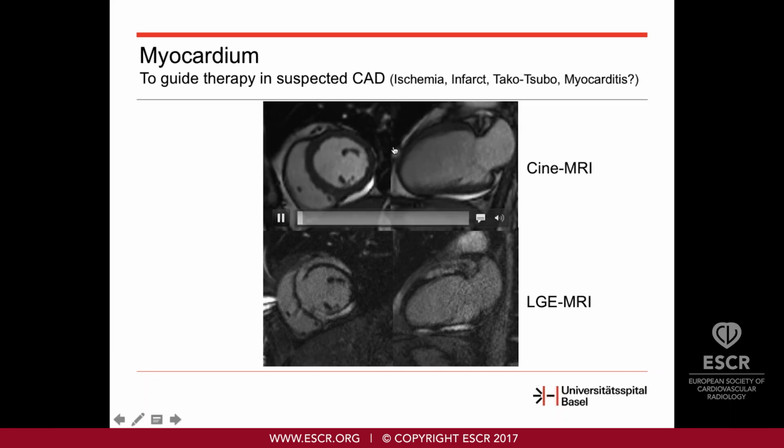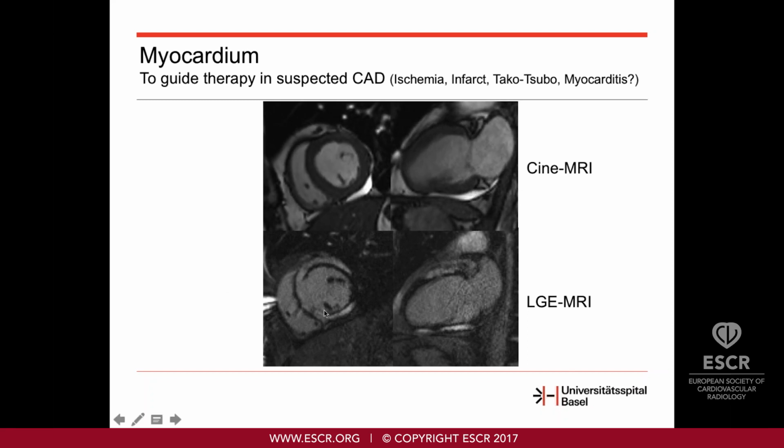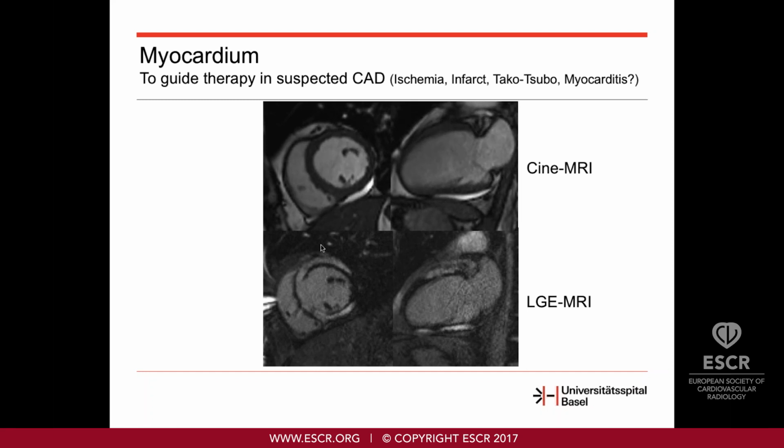Now let's move on. I would like to talk briefly about masses, how MRI can help to guide therapy in masses. So this is a mass in the apex of the left ventricle, which is easily identified as a thrombus. We have some features that help us to nail down the different diagnoses very specifically. So here on this late enhancement image, we see late enhancement of the apex, the adjacent septal wall, adjacent lateral wall. Here the thrombus is dark, but what's really proving that it's a thrombus